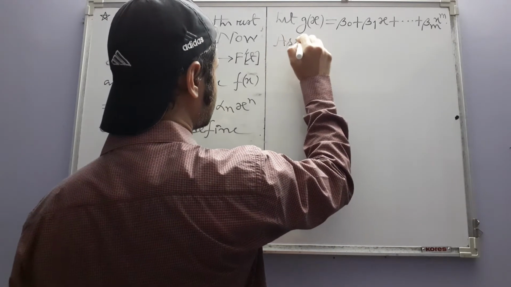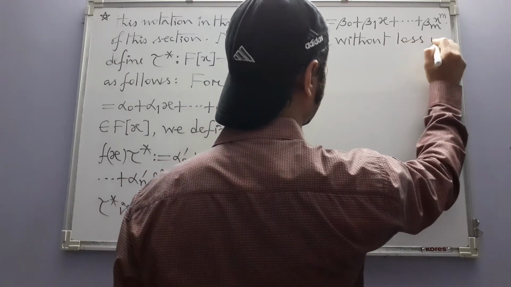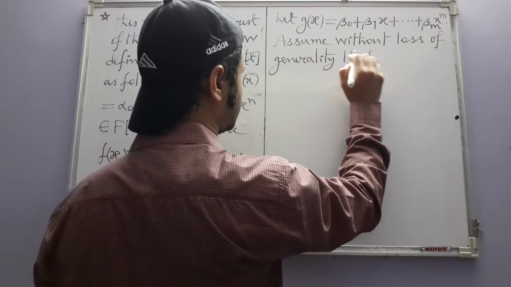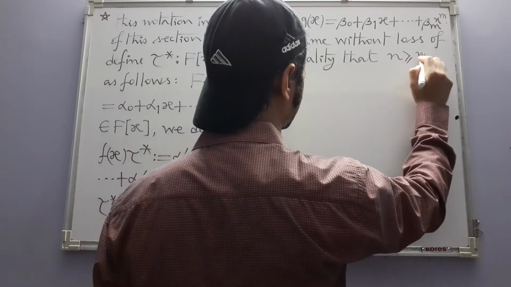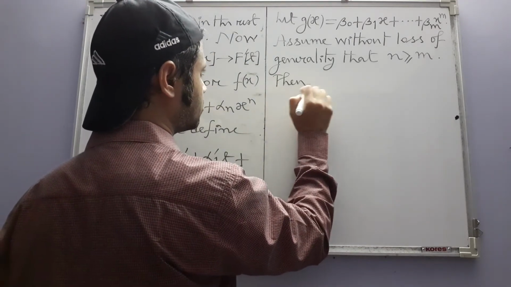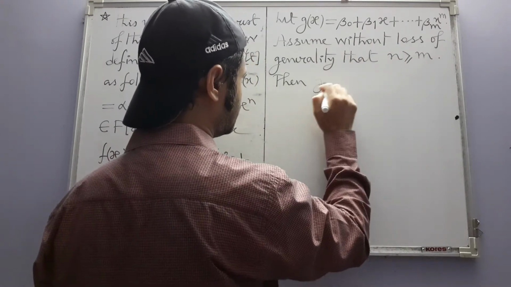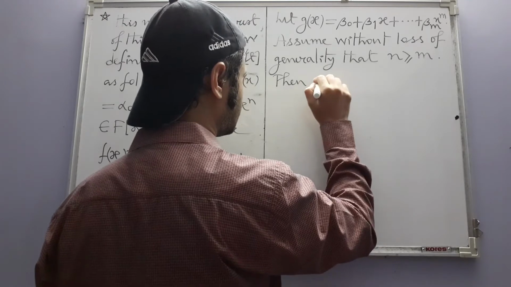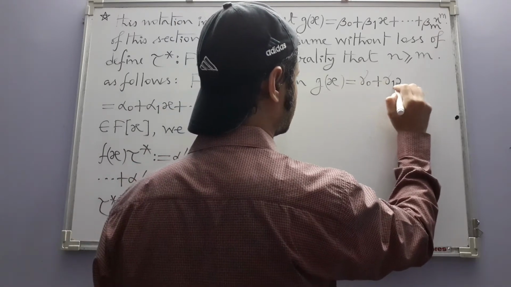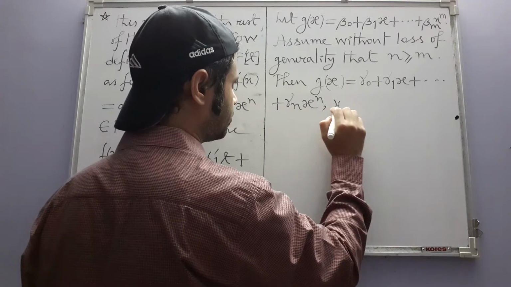Assume without loss of generality that say n is greater than or equal to m, then we can write, because n is greater than or equal to m, this g(x) in a different form: gamma naught plus gamma 1 x etc. plus gamma n x to the power n, where